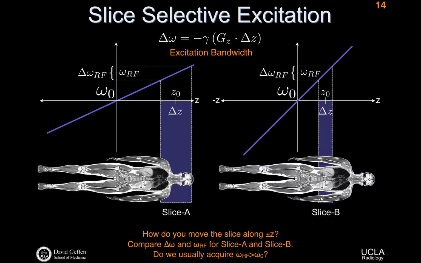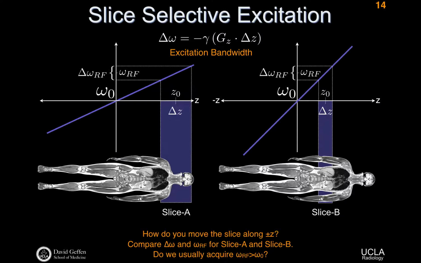So the first thing I heard was the gradient strength, right? And so the slope of this line right now represents the gradient strength. How strong are your gradients? This is, arguably, a weak gradient because it only generates a certain field change per unit distance, right? And this is a steeper gradient. If I have steeper gradients, I get the same frequency range over a thinner